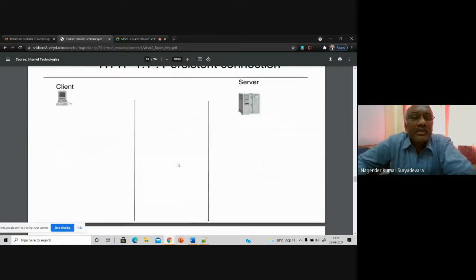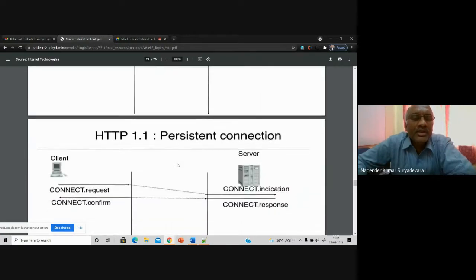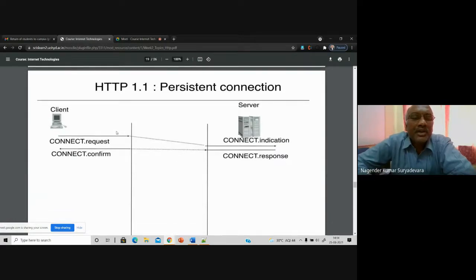Whenever a client makes one persistent connection, just look into this scenario. The client makes a request, it goes to the server, and the server gives a response indicating whether it is available or not.